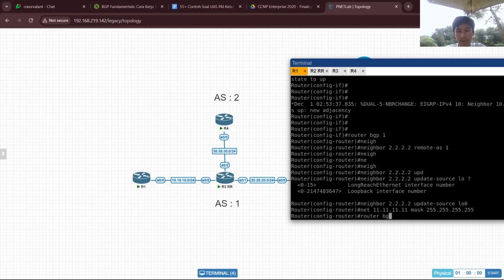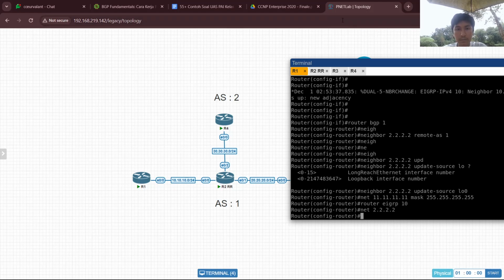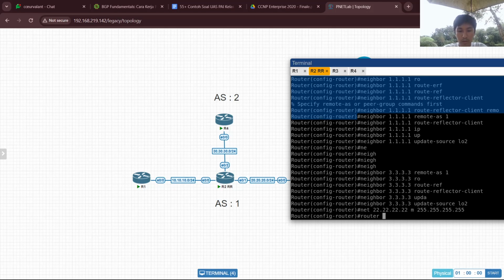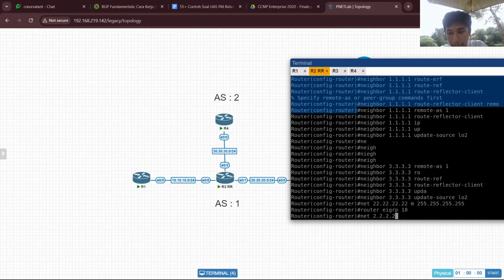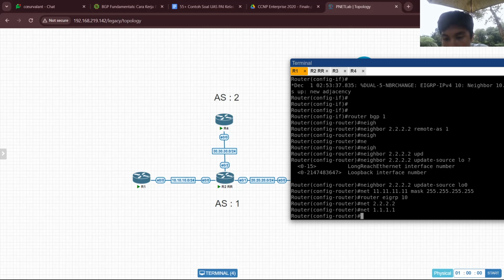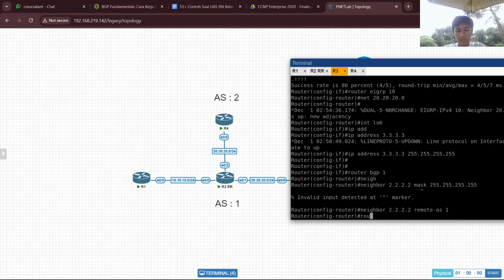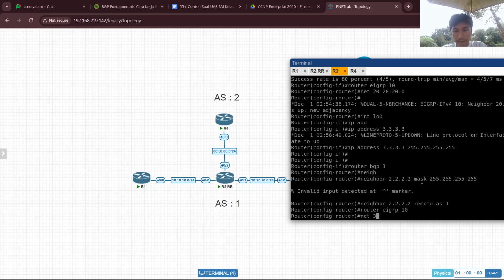I forgot to advertise the loopback on the EIGRP. Not the loopback. Then the loopback, EIGRP, then network. Sorry, this is not 2.2.2.2 but 1.1.1.1. Router EIGRP and network.